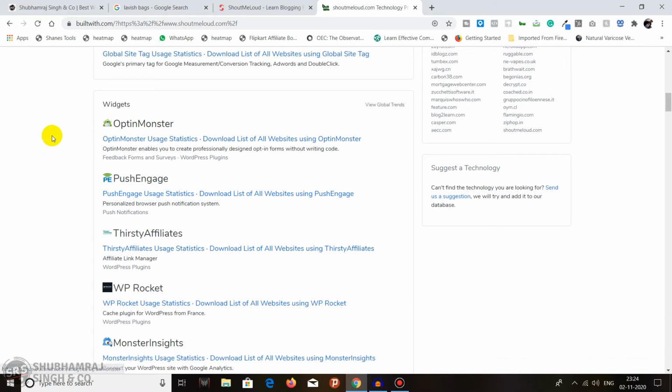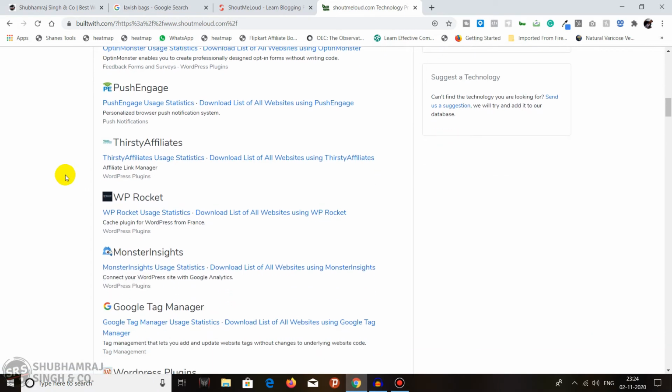Okay, OptinMonster, maybe it's a kind of pop-up to collect email. I don't know what PushEngage is. Maybe they are also using push notifications. Thirsty Affiliates, maybe it's for affiliate links. Okay, it's a link manager.